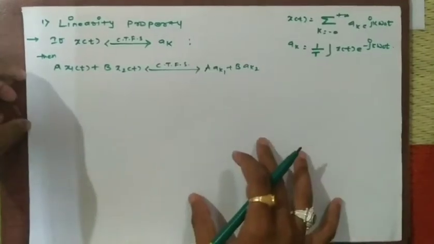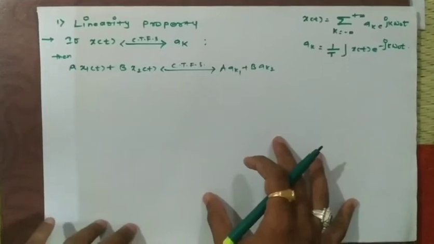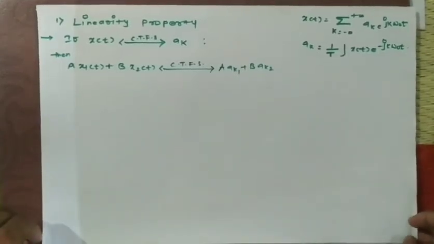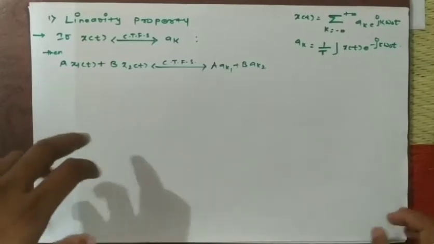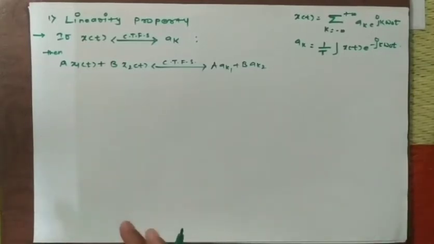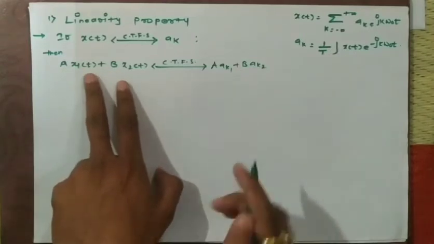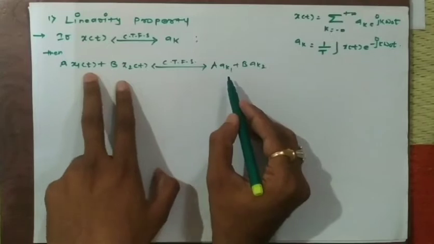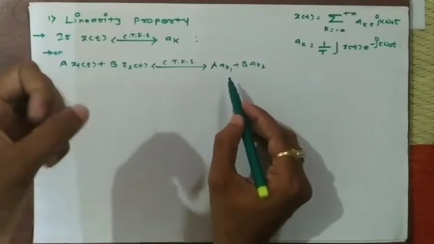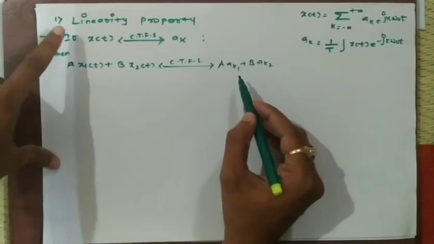As far as the first property, which is called the linearity property. Now, we have already seen the definition of what is meant by a linear system. So, a system which satisfies the superposition principle. That means the weighted sum of inputs should be equal to the output due to the weighted sum of input terms. If this condition is satisfied, the system is said to be a linear system, and the property is called the linearity